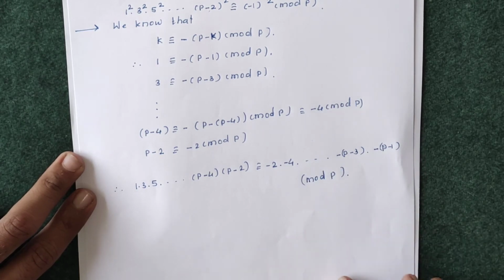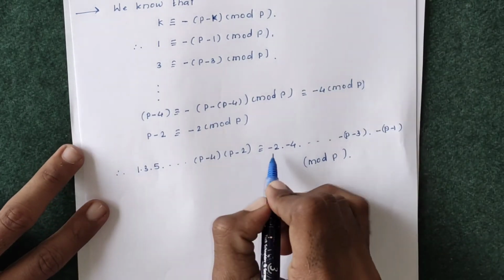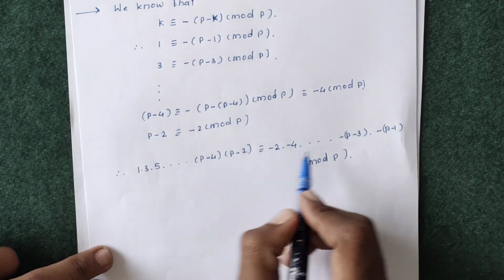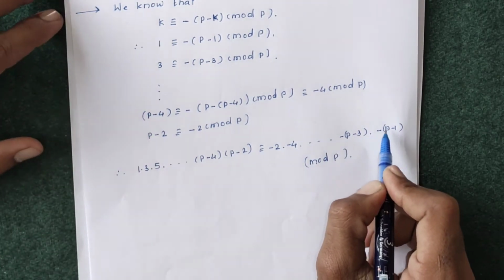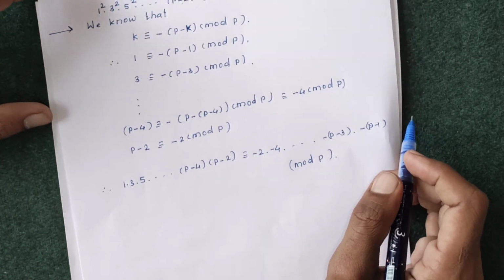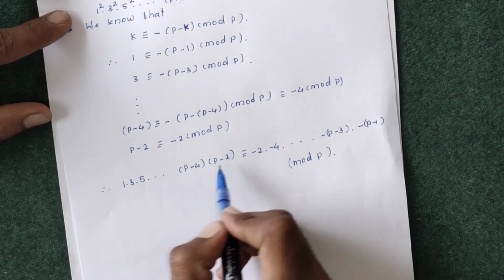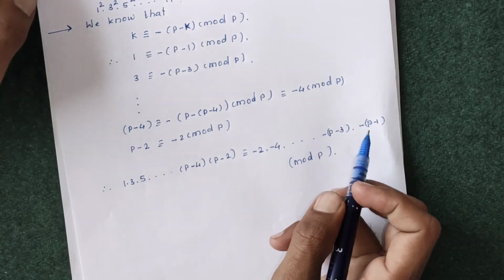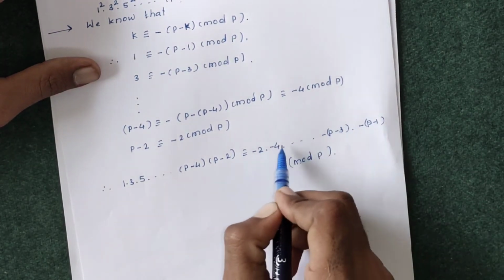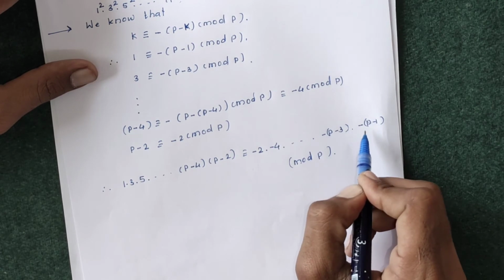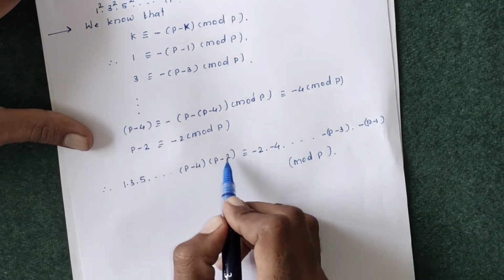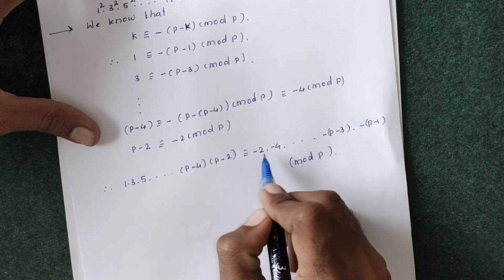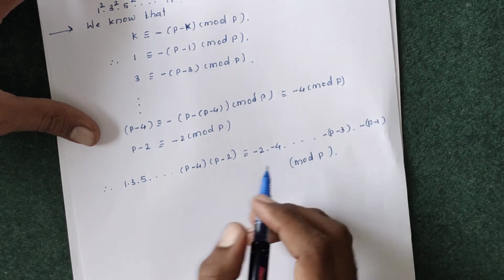So we can write this minus sign appears exactly for the first p minus 1 positive integers. These odd integers are half and even integers are half the numbers. So adding these two we get p minus 1. So these integers 2, 4 up to p minus 1 are exactly p minus 1 by 2. Similarly, these are again exactly p minus 1 by 2. So here the minus sign appears exactly p minus 1 by 2 times.